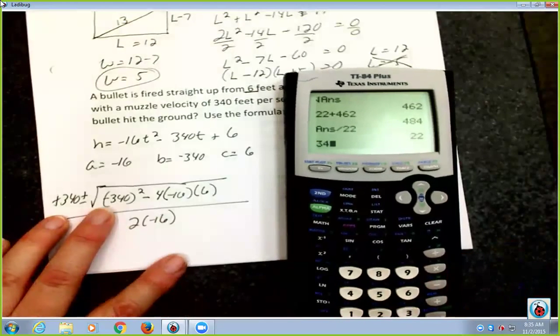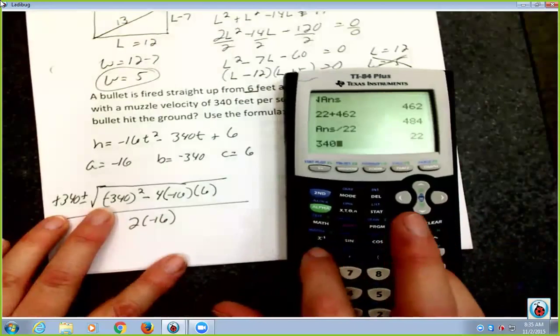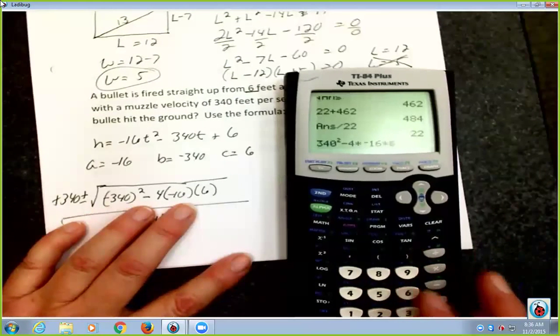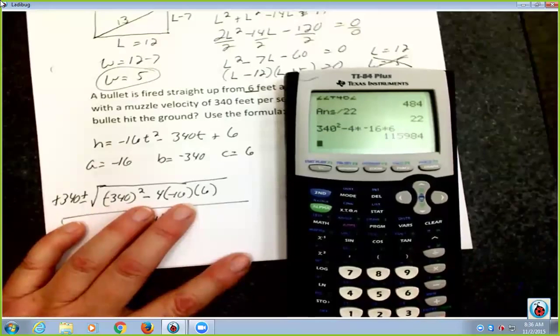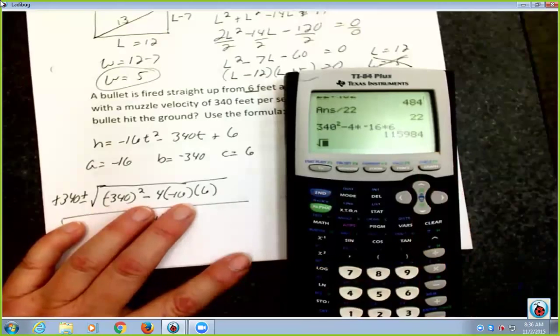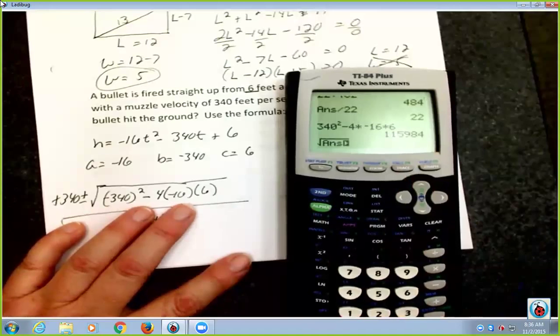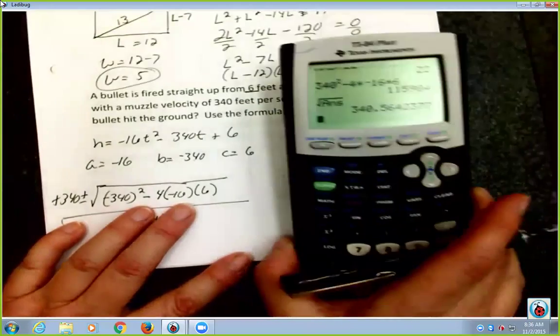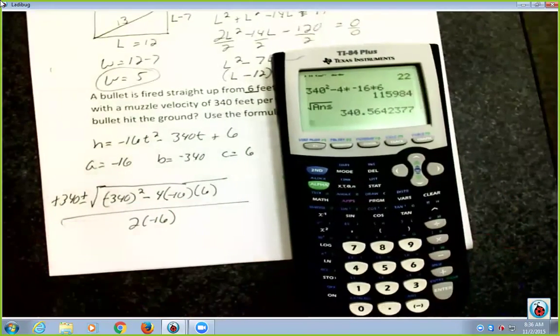So 340 squared minus 4 times a negative 16 times 6 equals that answer, but I know I have to take the square root of it. So second square root, second, and my negative, and I'll put that answer under there that I had. I don't have to type it back in. Hit enter, and I get that for my answer,